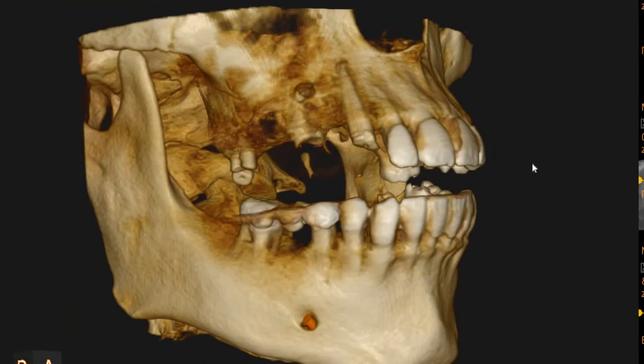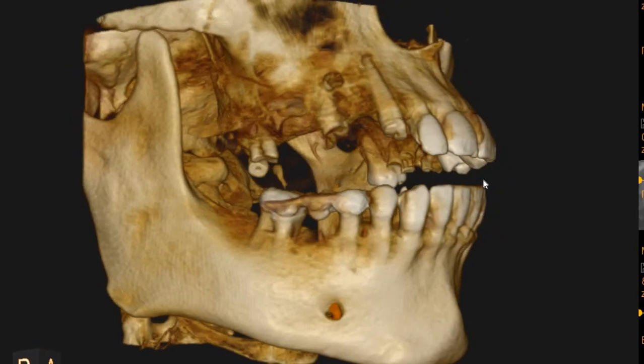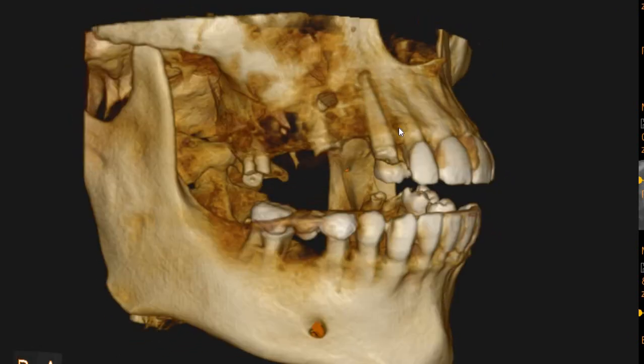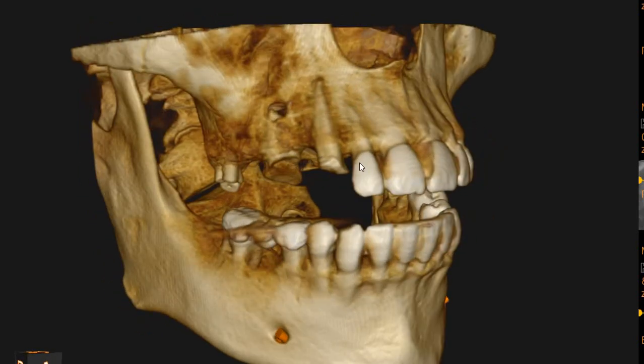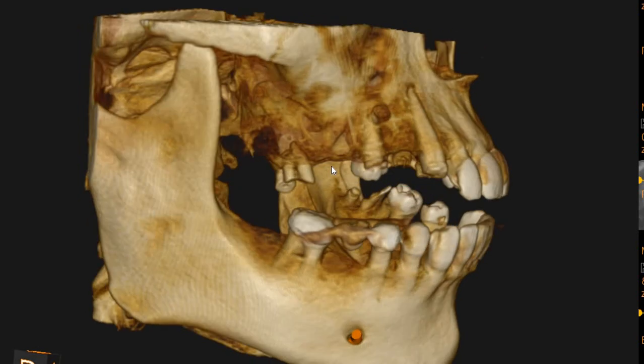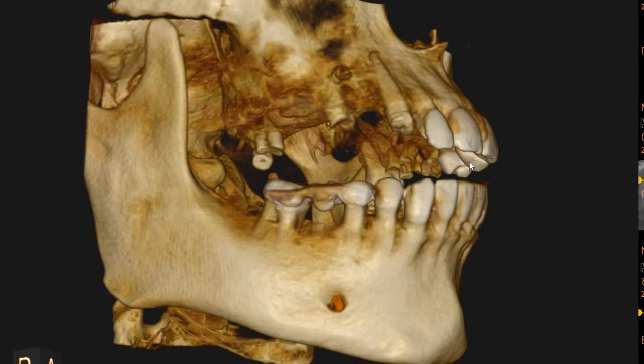This is the CBCT of the patient that you had requested. The area of interest is the upper right quadrant. In the upper right quadrant, there are quite a few interesting things. We've got very poor quality bone. We've got a canine, a second premolar, and I think this would be a second molar, which are just BTRs